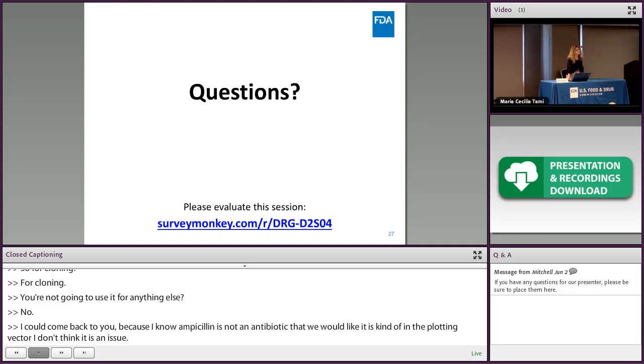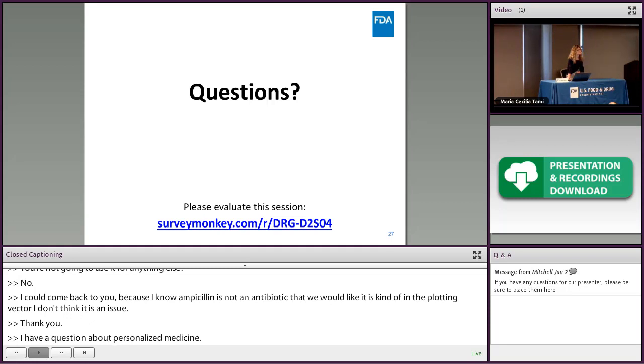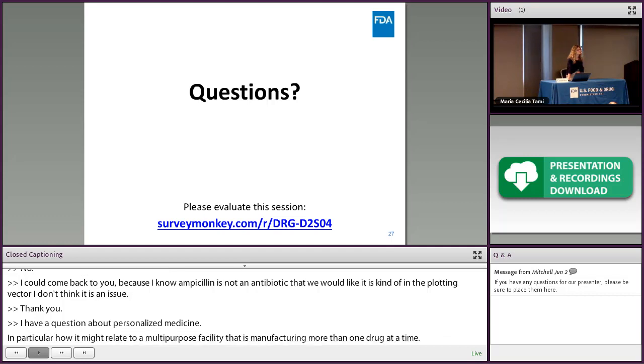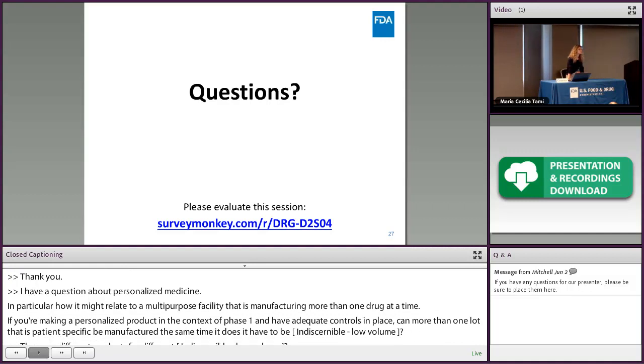If you're making a personalized product in the context of phase 1 and have adequate controls in place, can more than one lot that's patient-specific be manufactured at the same time, or does there need to be complete clearance before? So these are different products for different patients? Yeah. So each lot would be for... My assumption is that you may need to do kind of a